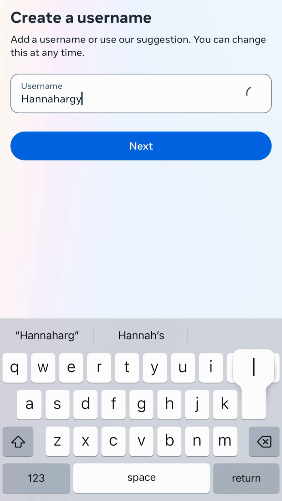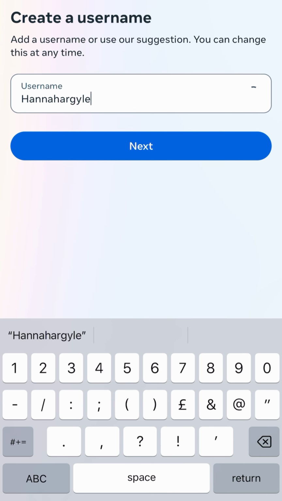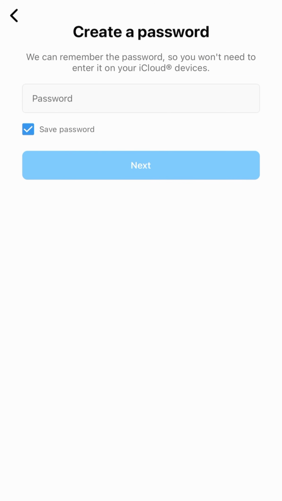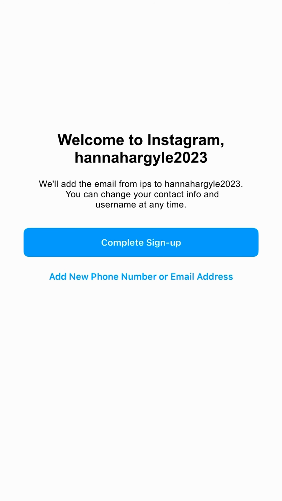Now I will walk you through the process of setting up your Instagram profile. So the first step is actually typing in your chosen username. Mine is obviously already taken, so for this account I'm going to use Hannah Argyle 2023. The green tick on the right means that this username is available. So that's good, so I'm going to click on Next and then set a password, and now we can complete